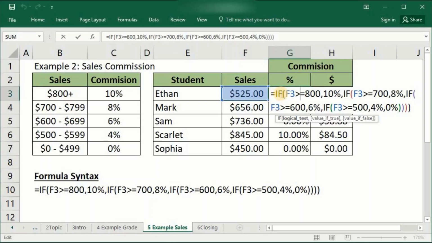This syntax will calculate sales commission percentage, based on which sales commission of employees can be calculated by simply multiplying sales commission percentage with weekly sales.